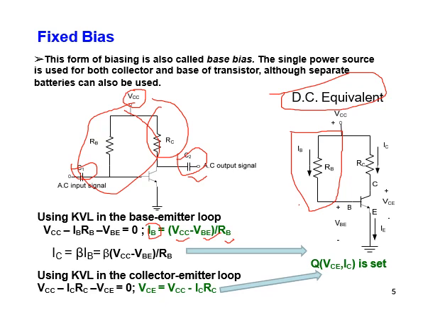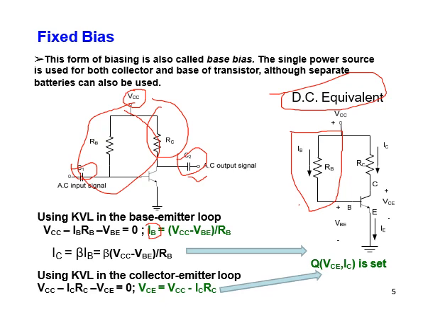Now here the collector current IC can be calculated as IC equals beta times IB. Now we will put this value of IB in this equation. So here we can see that this IC becomes equal to beta times (VCC minus VBE) upon RB. So in case of fixed bias, due to the fixed value of IB, this (VCC minus VBE) upon RB remains unchanged, but the collector current may vary due to variations in beta.